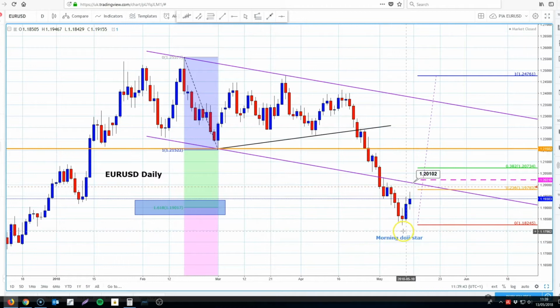So a morning doji star has been posted, which highlights the short-term bias being to the upside. However, we've got a 23.6% pullback level here at 119.78. We've got a 38.2% pullback level here at 120.73. Now, the reason that we've highlighted both of those levels is because they're common pullback levels for fourth wave